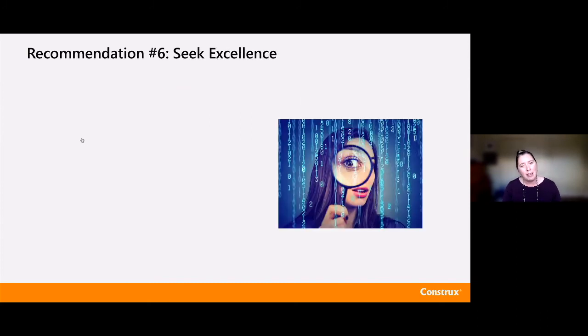And then the last recommendation is to continuously seek excellence. The organizations that I work with generally are on a journey. There are some things they want to do better and they want to work on that. And the best organizations I've worked with are a little self-critical of themselves. They're the kind of organizations who are always saying, what is the next thing that we can do that will make us a better organization?